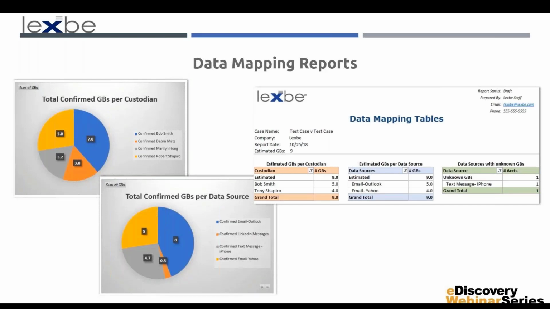Holes in the collection will pop up when you do this. You'll just see anomalies between what you would expect. One custodian has hardly any information, somebody in a similar situation has a lot. There can be reports by date range, and you can see there might have been holes from changing over data systems or for whatever reason that there were problems in collection. So this is a good quality control system, being able to go through your collections and make sure that you can be reasonably comfortable that you've plugged holes, done preservations, and collected all the data that you ought to collect, and then be able to defend it if there's any question that it wasn't done properly. Even if it wasn't done completely perfectly, that's not the goal.